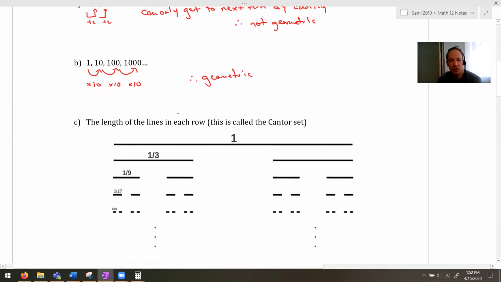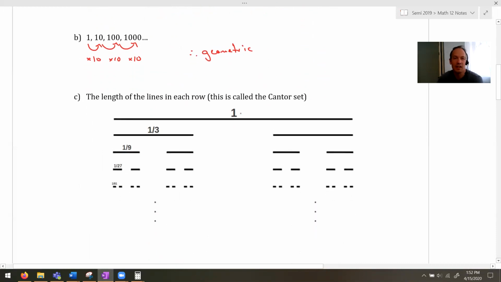Part C, the length of the lines in each row. This is actually called the Cantor Set. Some guy named Cantor came up with this. Very simple idea, but it's really pretty. This actually explains why they're called geometric. This is a geometric progression because as you start at 1 and then a third and a 9th and 1 over 27, you can see every time we're multiplying by a third,